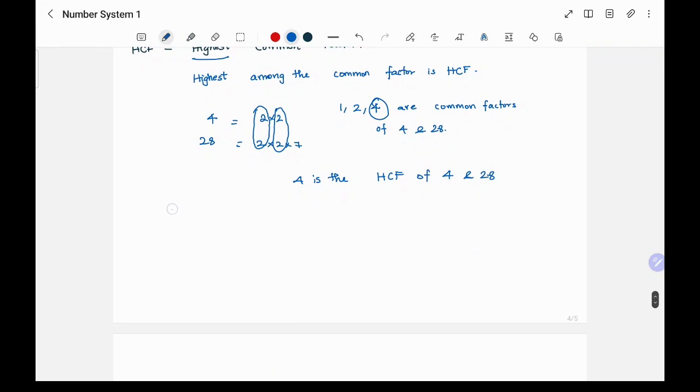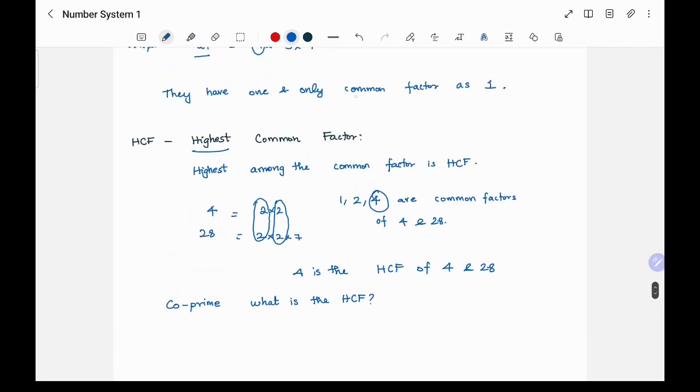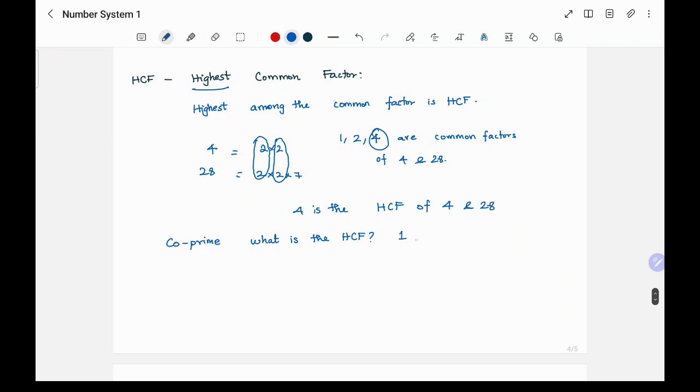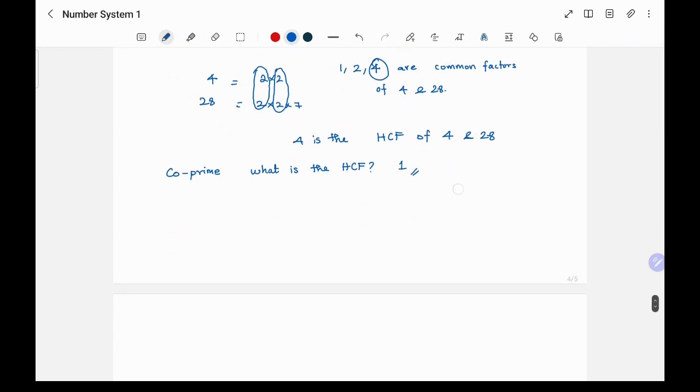Now for co-prime numbers, this is an interesting fact, right? For co-prime numbers, what is the HCF? We saw that co-prime numbers have only one common factor, which is 1. So the HCF should be 1. Okay. So this HCF can be between more than 2 numbers also. For example, let me take